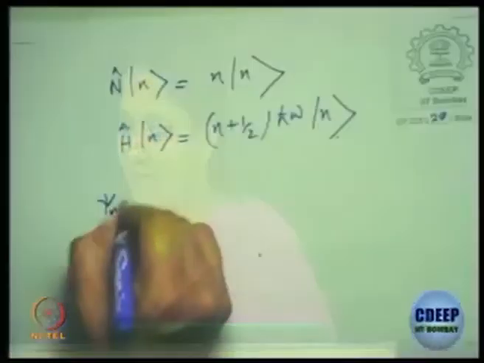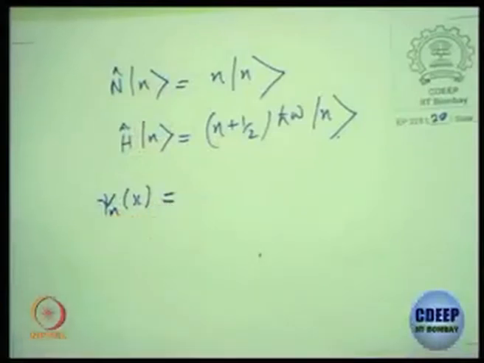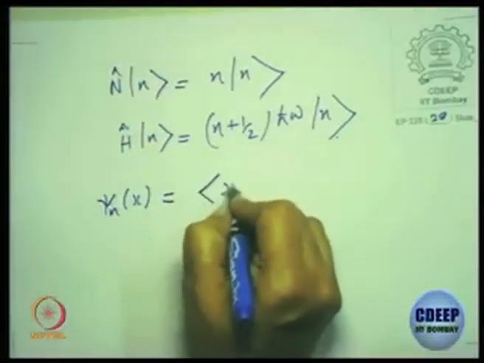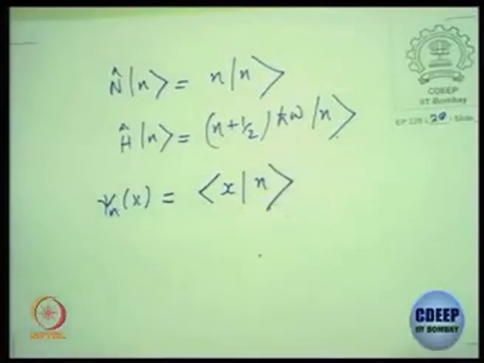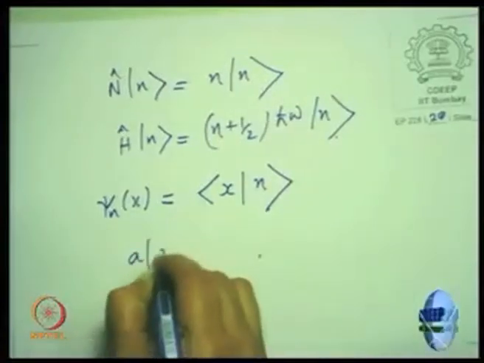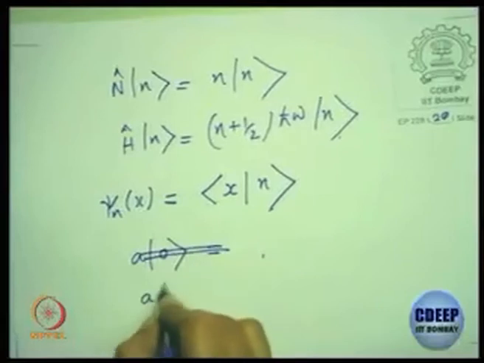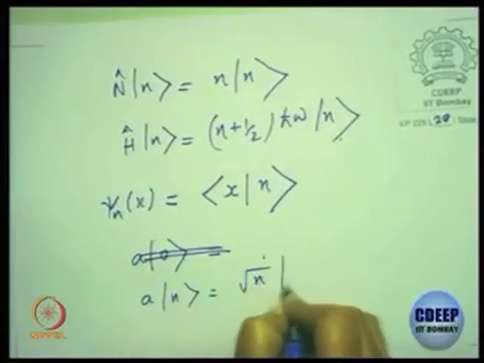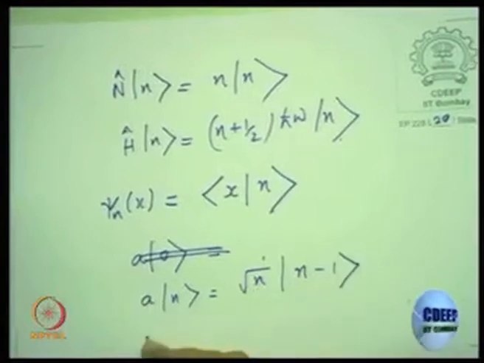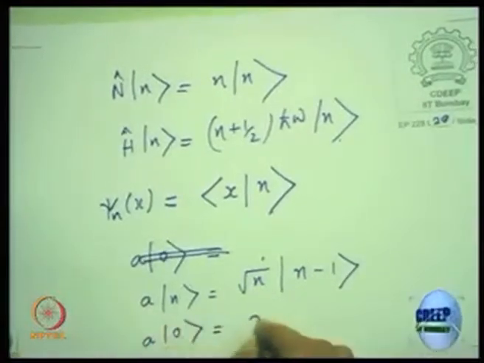Okay, how do you find the wave functions? How will you find the wave functions? Tell me your harmonic oscillator wave functions. You can take x with n. What about a on 0? Let's write what a on n is before we write this. A on n is square root n on n minus 1. So a on 0 will be